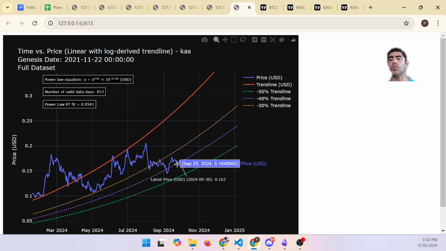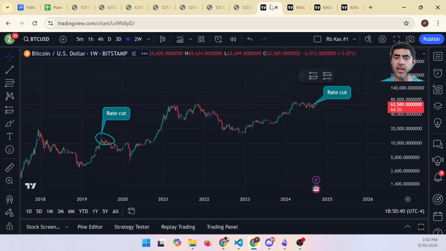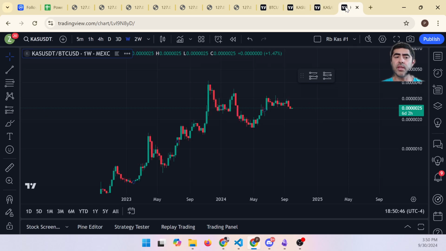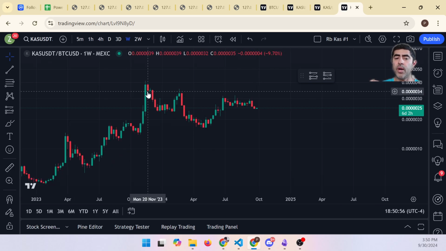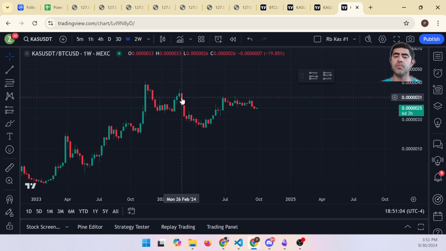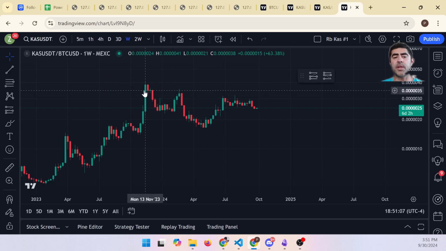And I think there's a lot of different short-term factors. It could be influenced by Bitcoin. It could be influenced by the general market trend. And we can get a little bit of insight into that by looking at what happens over here on this chart, which is showing Kaspa divided by Bitcoin. So this is the price of Kaspa divided by the price of Bitcoin. Now, as you can see, it has bounced around quite a bit. So when it's high, that means Kaspa has a higher value relative to Bitcoin based on what the history has been. And as you can see, this price has gone all the way up here, then all the way down here, then all the way up here.